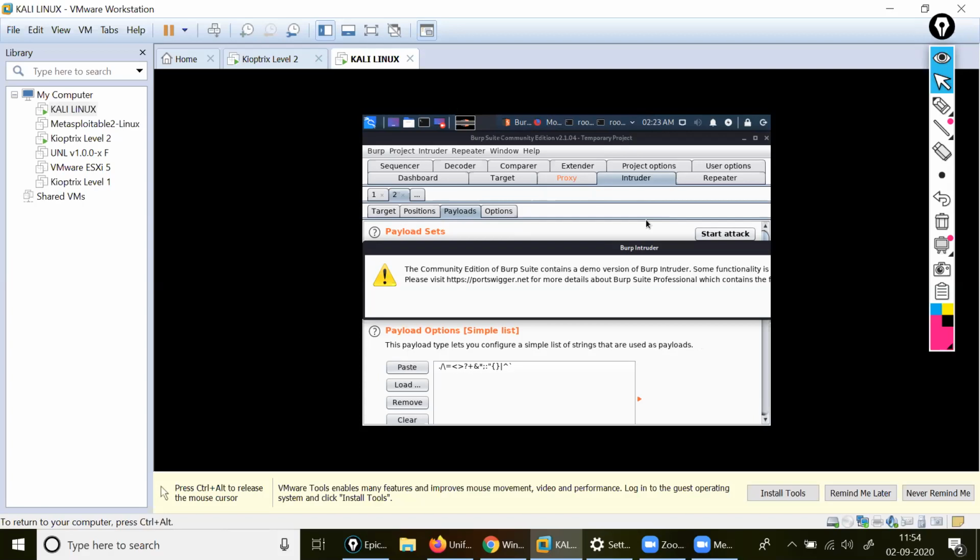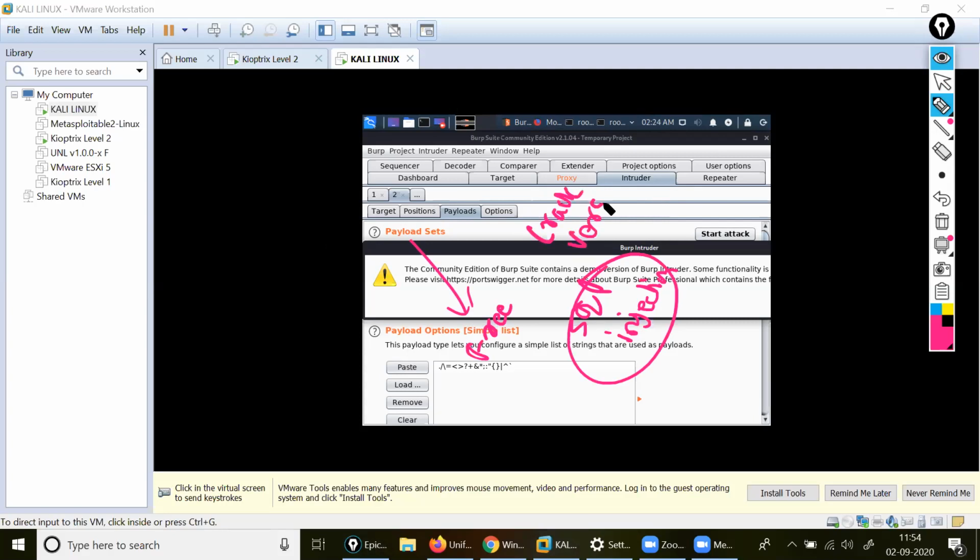Understood? With the SQL injection, we are doing the SQL injection. But this is my free edition. Because of that, that's why it is not working. So let me install the crack version. Then after we'll see this point.